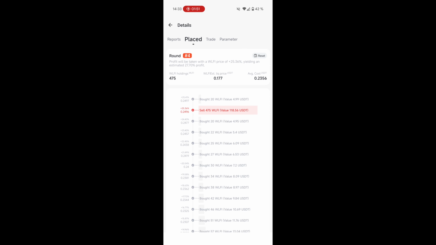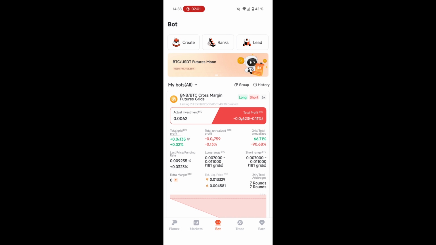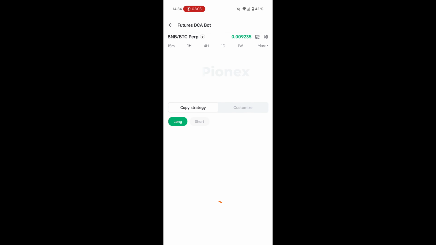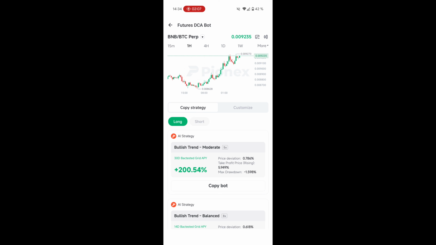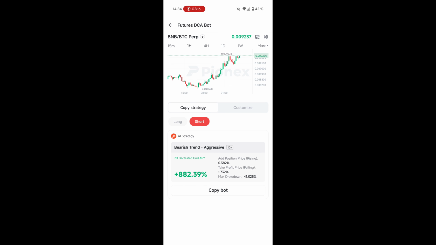So when we create a new one, we will do just that. I am actually interested in creating one on the BNB BTC perpetual pair. I will go into detail about why in a minute, but let's first create one. I am interested in going short. What does that mean? It means in the long term, I think BTC will rise more than Binance, or Binance will drop faster than BTC. So the proportions are going back into the BTC space, because BNB just pumped a lot.